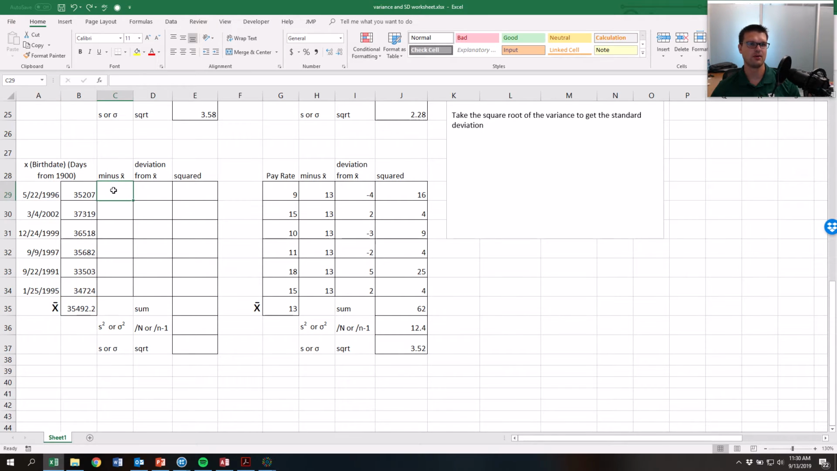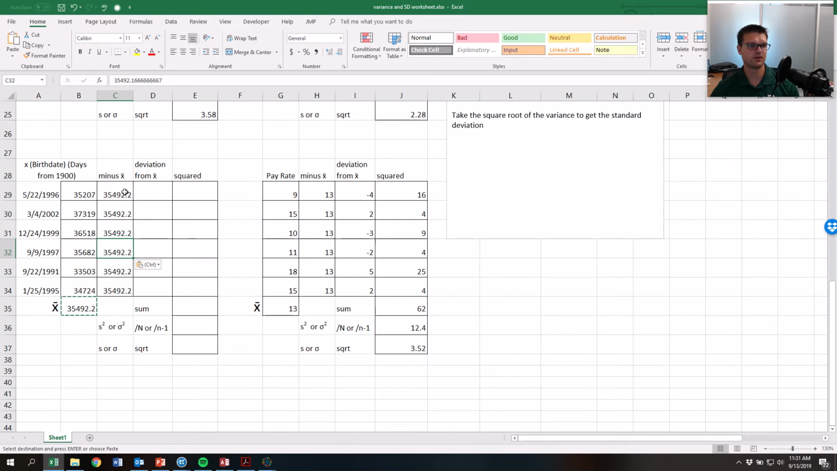35,492.2. So equals this minus, and I don't want to type, or no, that's not what I want to do. Okay, so I'm just going to copy and paste, Control C, and I'm going to do Control V. Let's try this again. Control C, Control V, and I'm going to paste just the value. So now there's no formula in there, it's just the value, and I'm going to put this in there